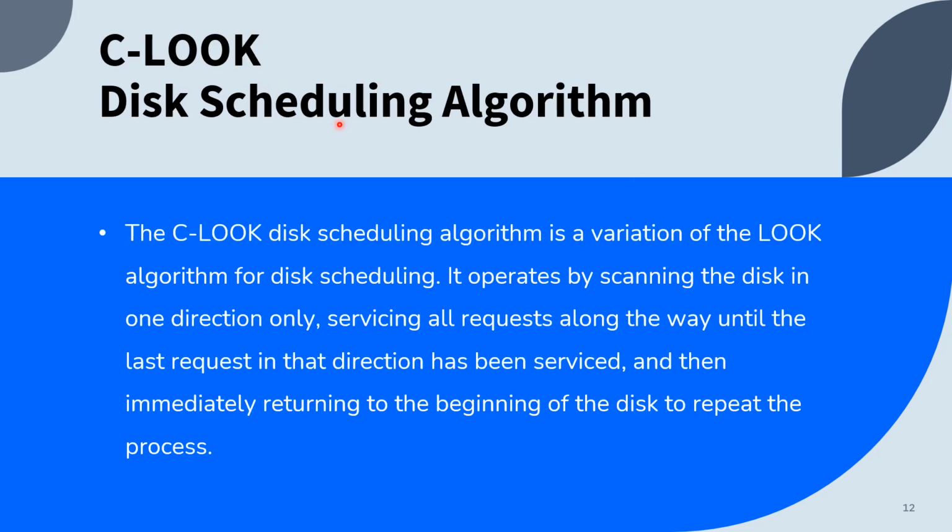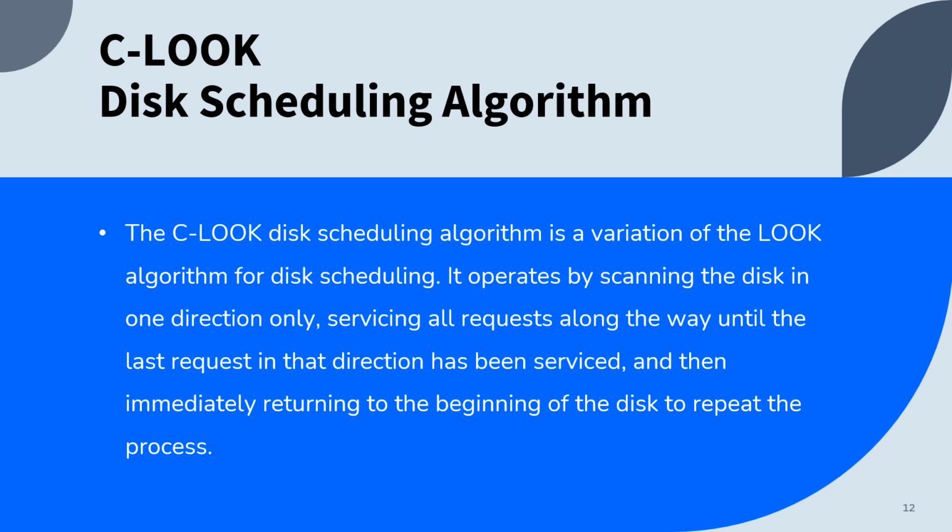But the C-LOOK disk scheduling algorithm is a variation of the LOOK algorithm for disk scheduling. It operates by scanning the disk in one direction only and services all the requests along the way until the last request in that direction has been serviced. Then it immediately returns to the beginning. The main difference between LOOK and C-LOOK is that when we service the last request, in LOOK we move to the next request, but in C-LOOK we move to the initial point